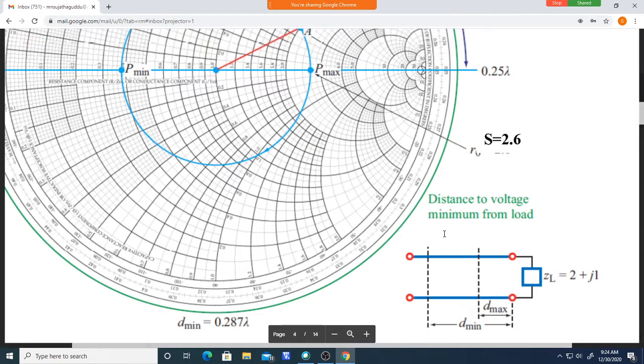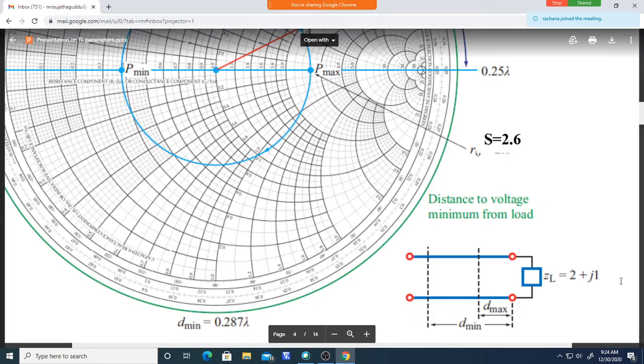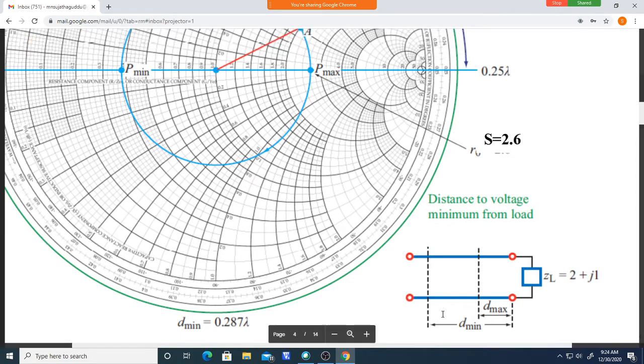It behaves like a simple short, meaning without any amplitude and phase variation. If you measure impedance at any point, then it is equal to ZL only. But if you treat this interconnect as a transmission line, then impedance doesn't remain the same. If you measure impedance here, it is different from the impedance at this position. Impedance changes.